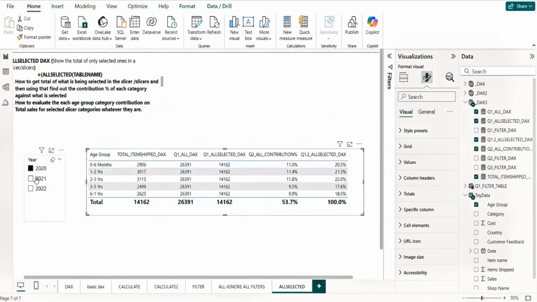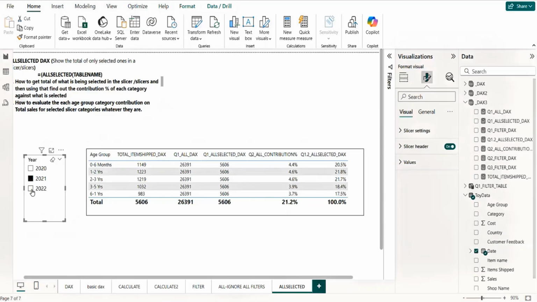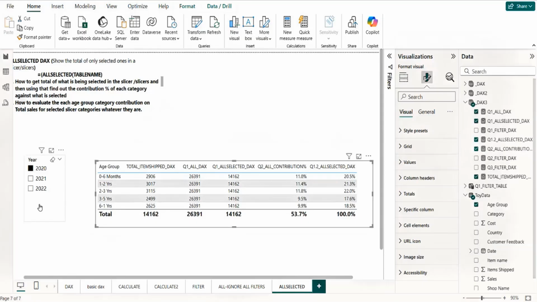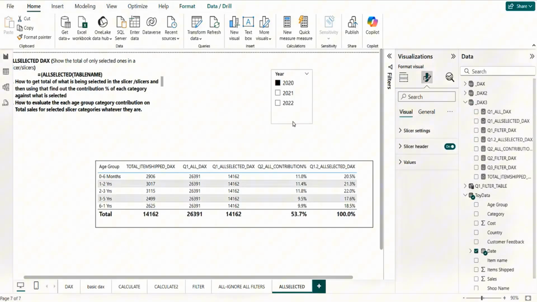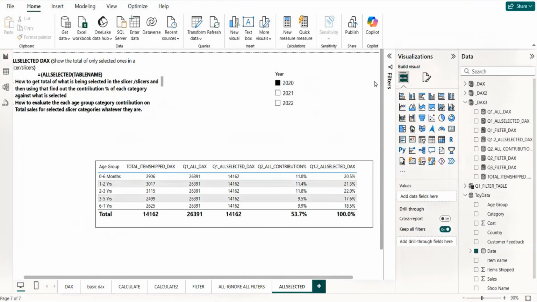Okay. So this way we now have the privilege that we can use the total from the process, and the total based on your selection also. So you now have two functions, more control on your data. Right? If I put more slicers here, all selected will work based on that selection. So if I put a slicer here,